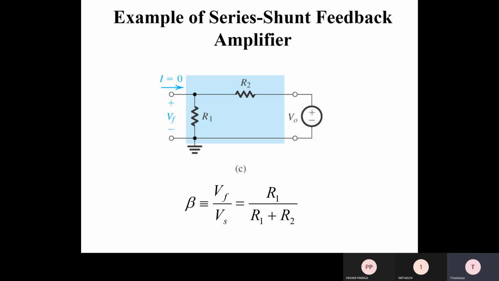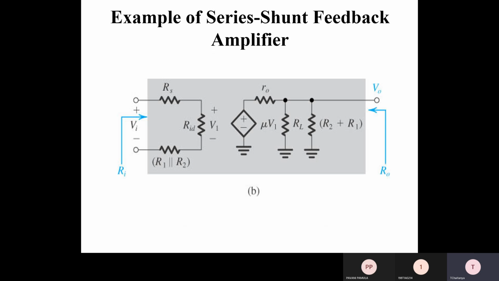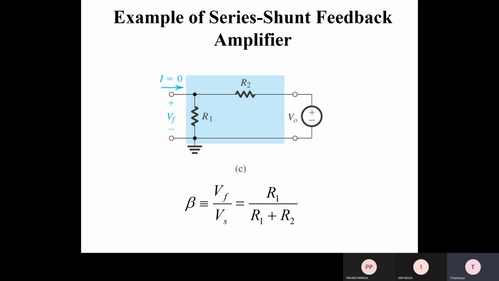This is the tank. We can pick it and analyze it separately. This tank can be seen here also. So this is the one, R1 and R2. This we can see separately. This shaded part we can take out for doing a simplification. So this is the output response, V out.